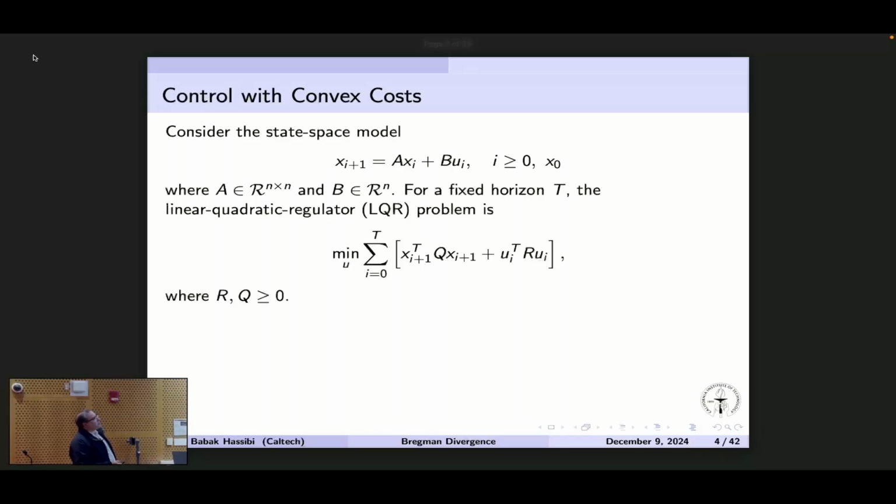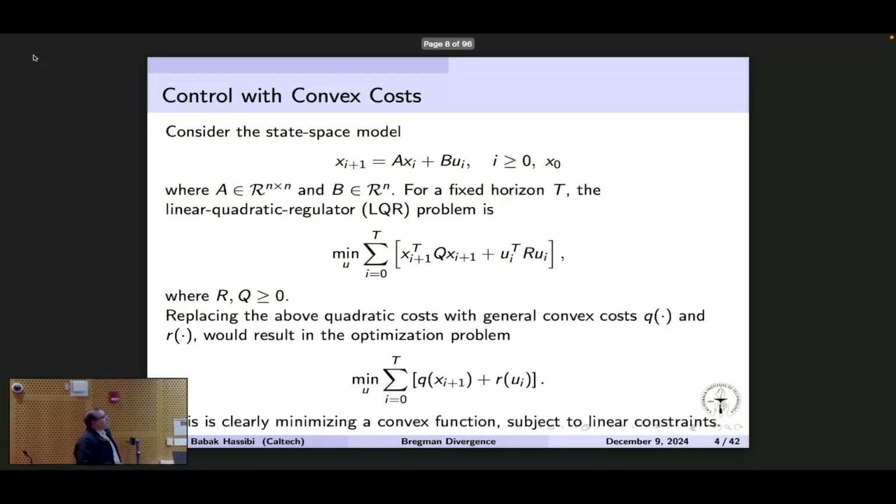And so the classical linear quadratic regulator problem just attempts to minimize. You have 2 quadratic costs defined through 2 PSD matrices R and Q, quadratic on the state, quadratic on the control, and you want to minimize this over this sequence of control. So this is clearly just a quadratic problem. There's only one unknown in it, which is the initial state. So you can certainly do that. That's the LQR problem.